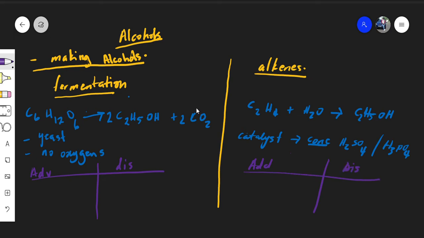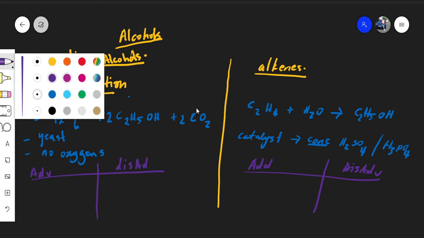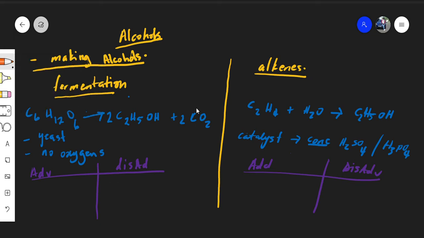Right. What are the advantages of this process? You need to know that